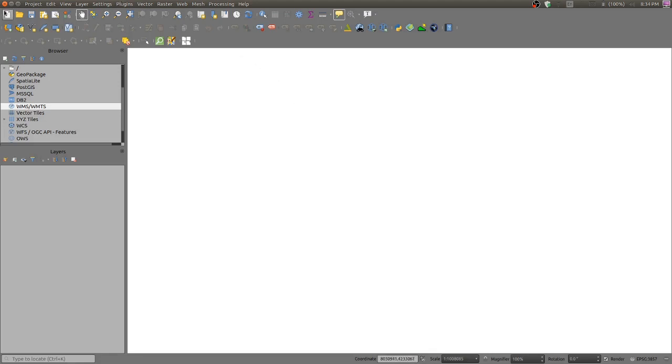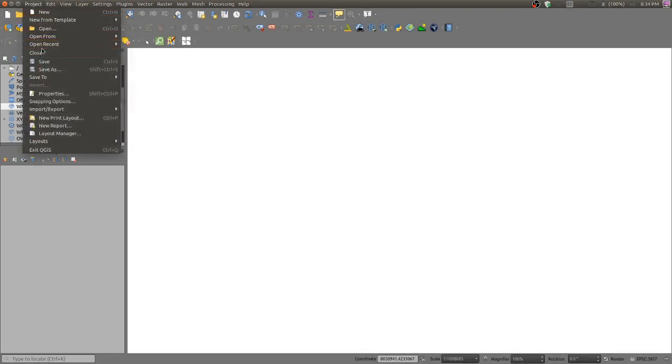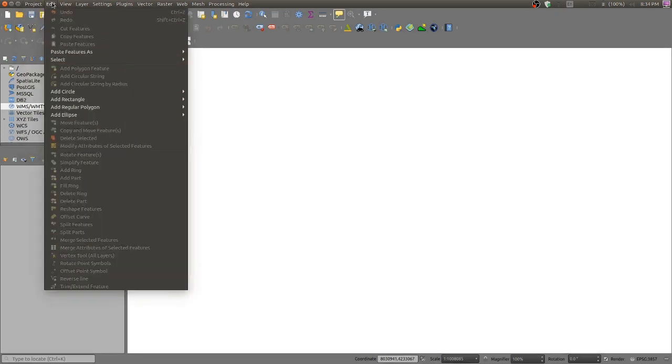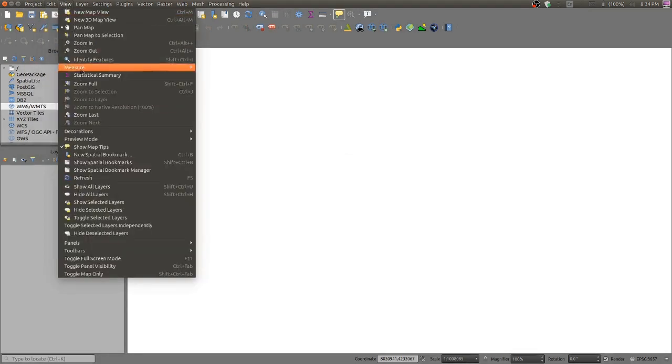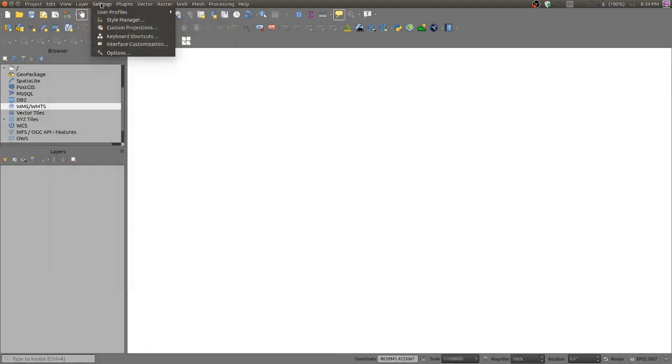And this is a menu. These are standard menus. This is a project menu where you can open or save the projects, and edit. You can add or remove the different features of the map, and view, or similarly you can have different types of views. And this is a settings menu.